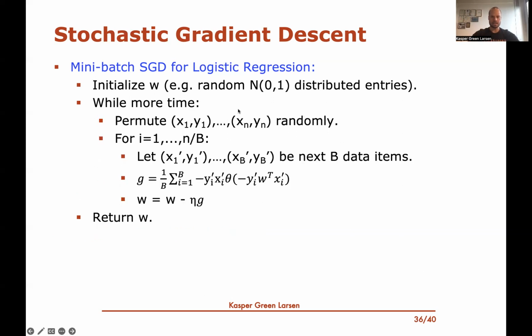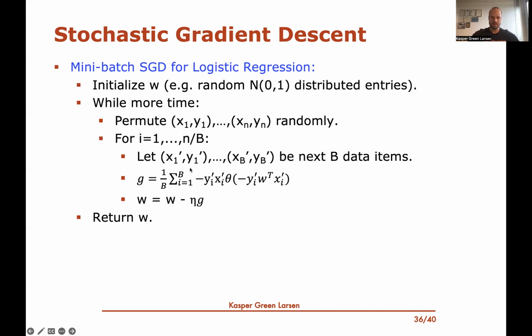So let's see the final algorithm here. You have all your n training examples, and then you permute them randomly. Now they're in a random shuffled order. Then you loop over the data in batches of B elements, right? So there are n over B batches. For each batch, you just take the next B data items and use those to do one step of gradient